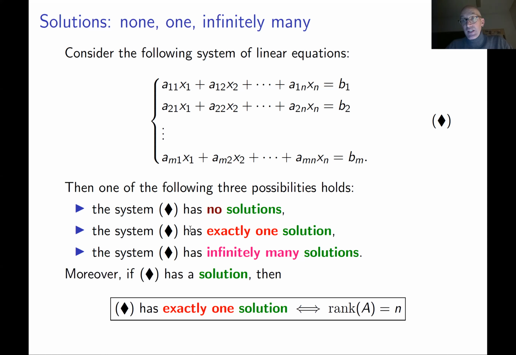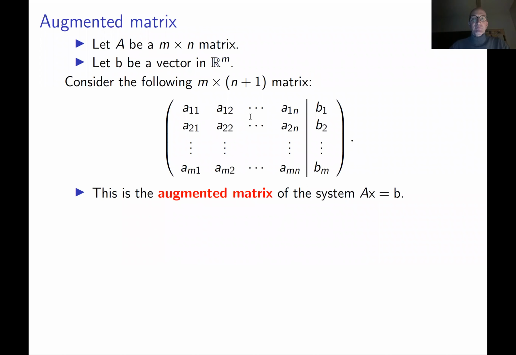Nullity is 0 means that the dimension of the kernel of your matrix is 0. What does it mean? It means that your kernel consists of only the 0 vector. It means if you erase all of these bi's and put zeros here, then the corresponding homogeneous system of linear equations has only a unique solution given by the 0 vector. And then by the previous lemma you have a unique solution of this inhomogeneous linear system. Okay, this is very handy.